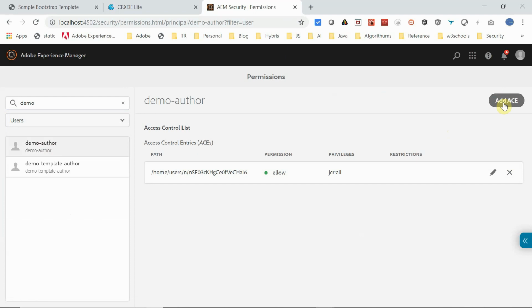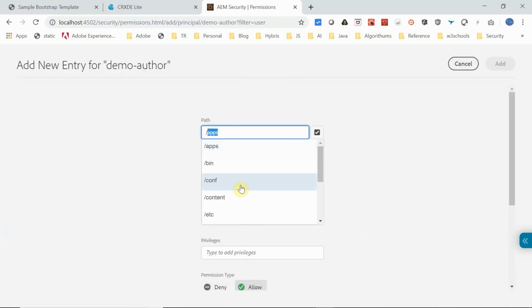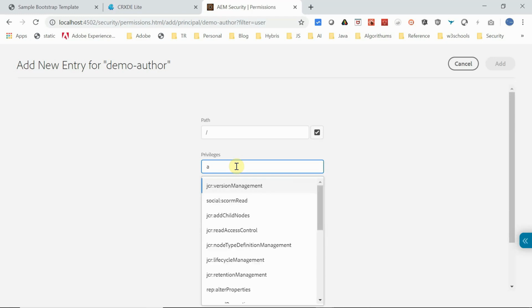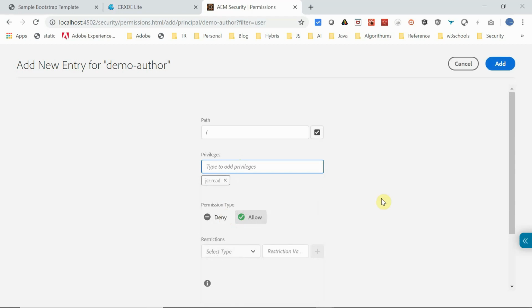I am going to put the complete path and give complete read access. Now for the specific content path we need to provide access.